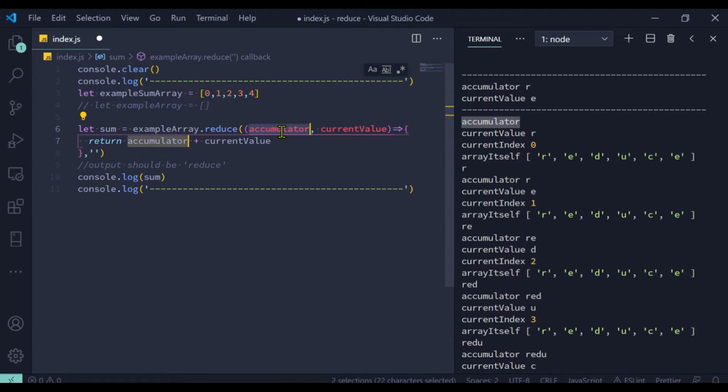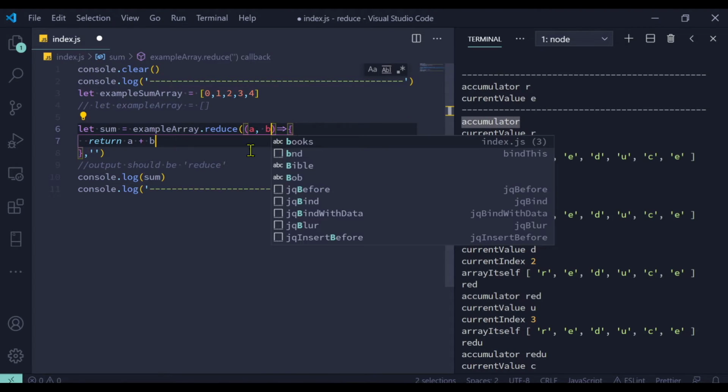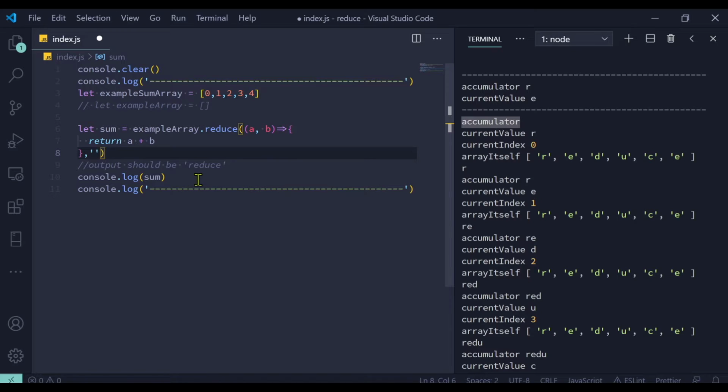And also, usually I like to write those as A and B just to simplify the whole function and to give you a more clear view of what is going on. So now because it is a number, my initial value should be 0. Again, I don't have to give it. In both ways, it will give me the same answer, but you saw why we added the initial and we removed it. So if I run this